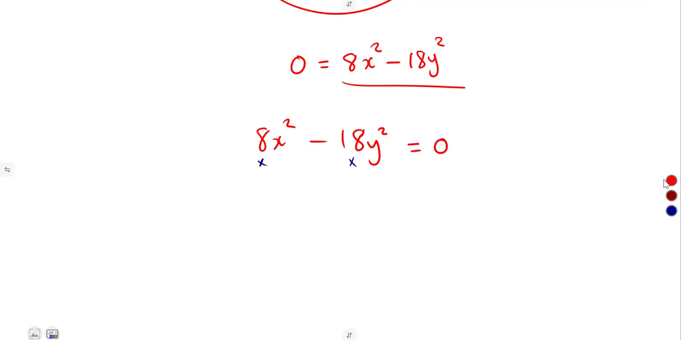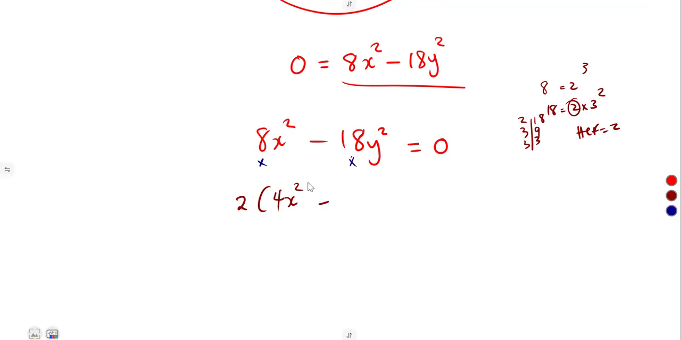What is common? 2 is common. The highest common factor between 8, 2 to the exponent of 3, and 18 is going to be 2, 9, 3, 3, 3. So 18 is what? 2 times 3 squared. So you can see that the highest common factor is 2. So you can factor out 2. And that's remaining with 4x